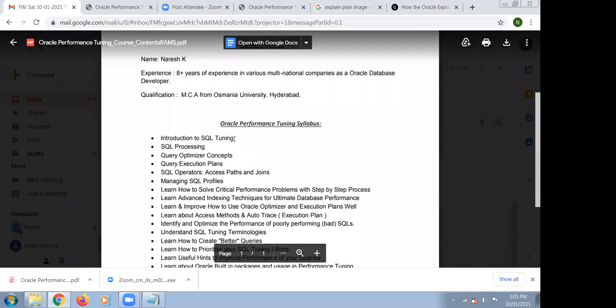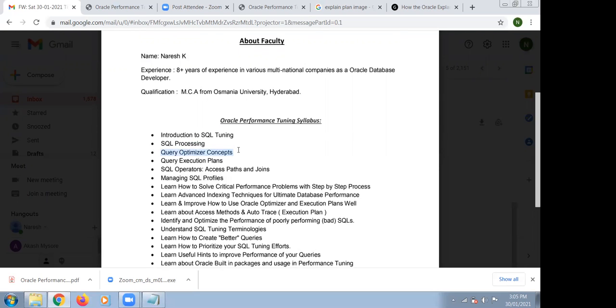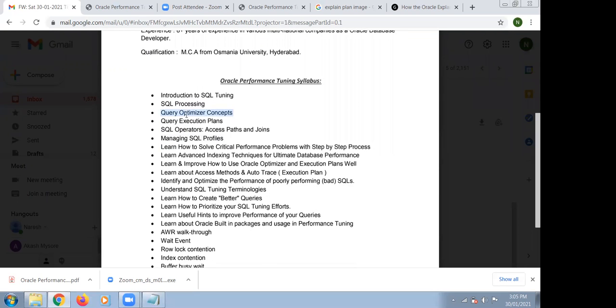SQL tuning, SQL processing: how an insert statement gets executed, how DDL statements get executed, how insert, update, select, merge get executed. Query optimizer concepts: what optimizers we have, rule based optimizer, cost based optimizer, and the optimization parameters, like optimizer mode, all rows or first rows, first 10 rows.